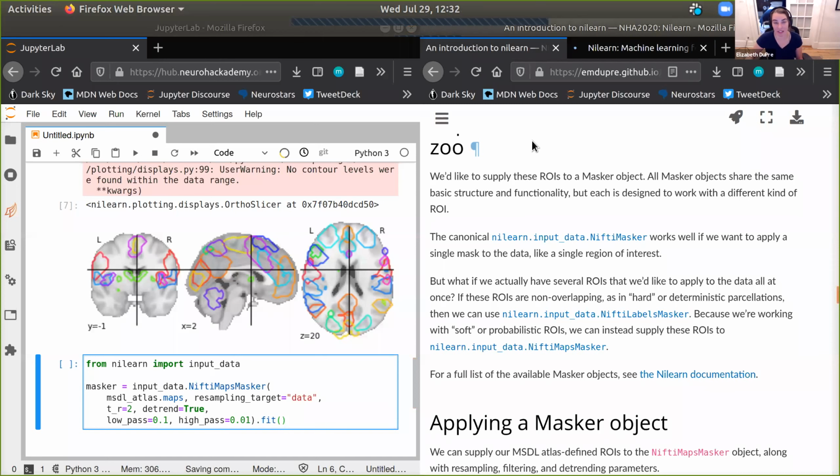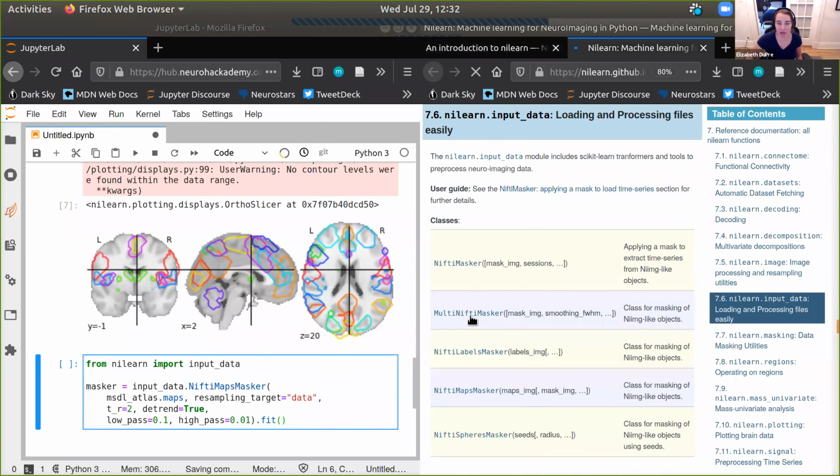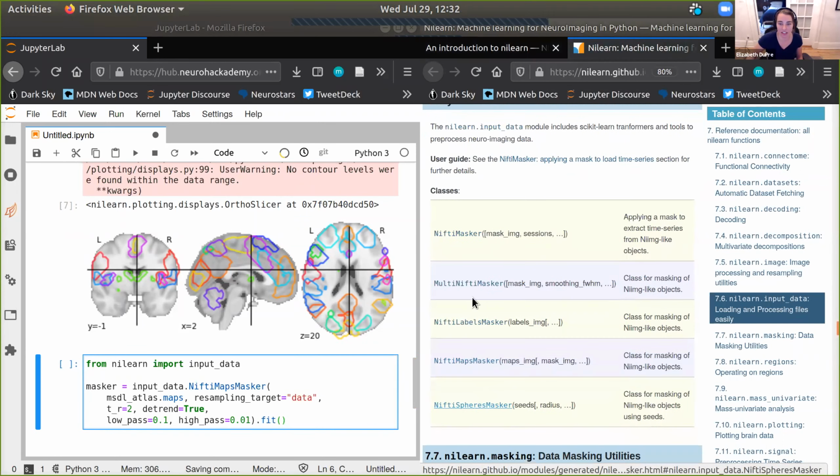Okay, my internet is apparently too slow for this. But if your internet is better than mine, you should see that it takes you directly to the part of the documentation where it lays out all the different Nifti masker types, and you can click on them and they'll give you even more information. But that's the main difference I would highlight.